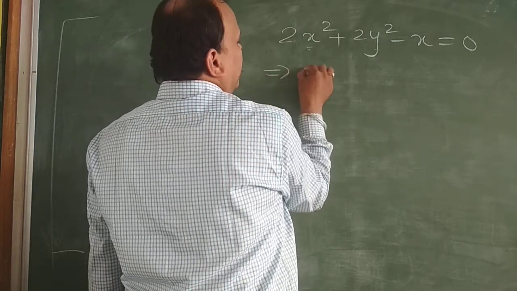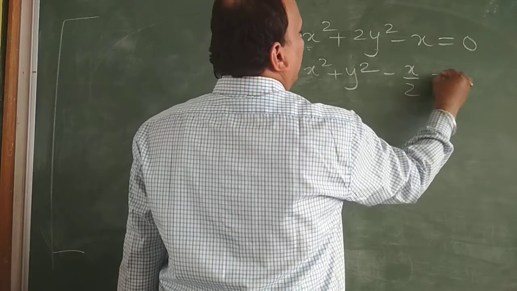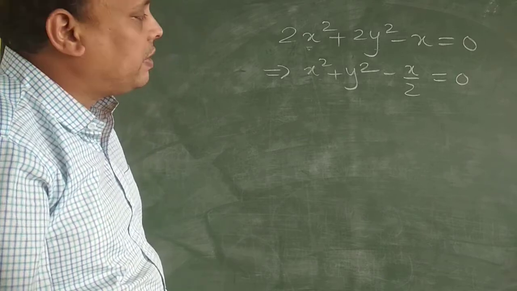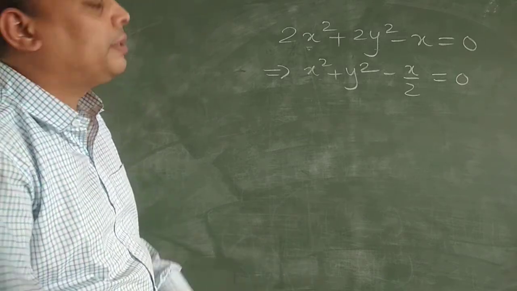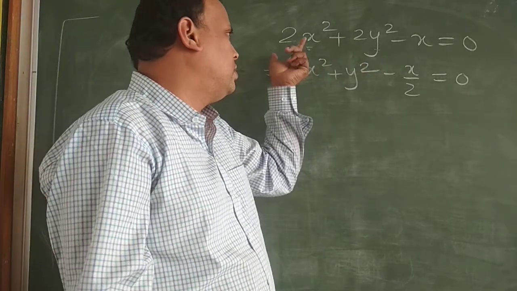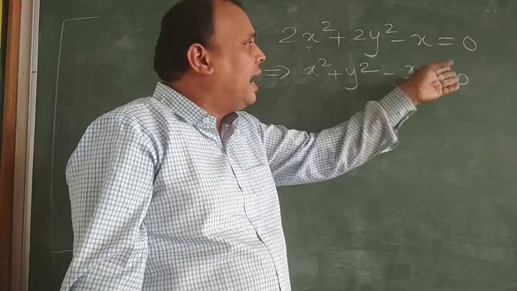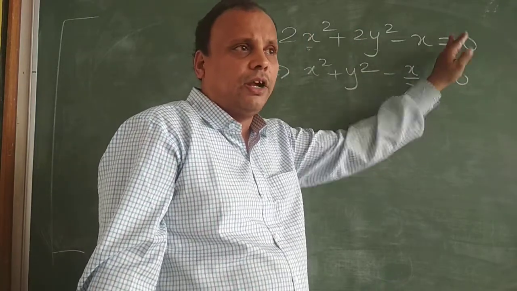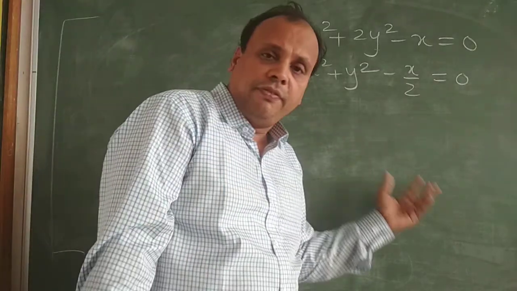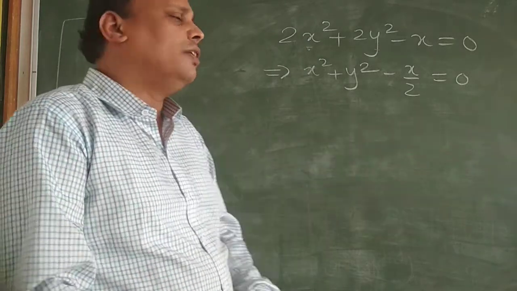So if I write it as x square plus y square minus x by 2, it's no harm, because we need to make the coefficients of x square and y square 1 so as to use the completing square method. Although it is not needed, if you are mathematically sound you can convert it into a whole square, like root 2x whole square, and here also you can adjust root 2x as 1 upon root 2, well and good. But most of the students find it difficult. So for all, it is a common method, you all can note it down.